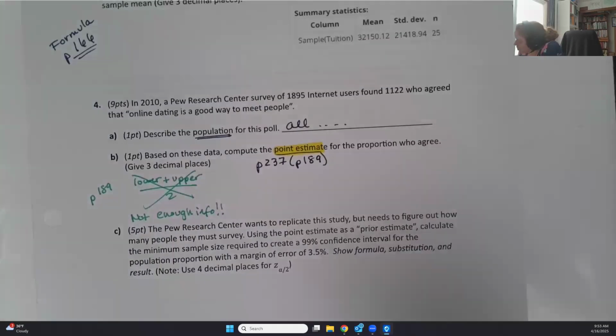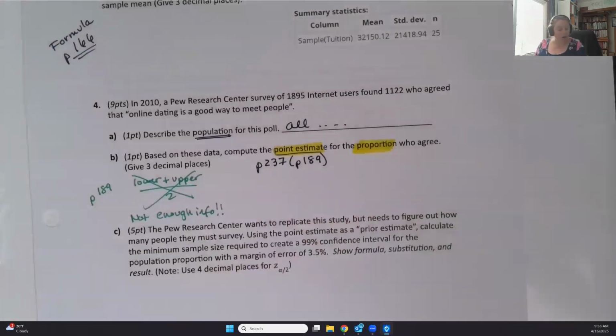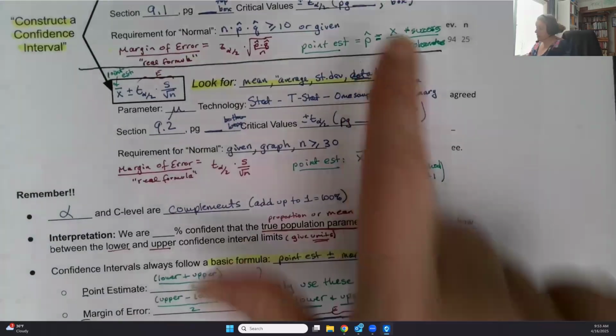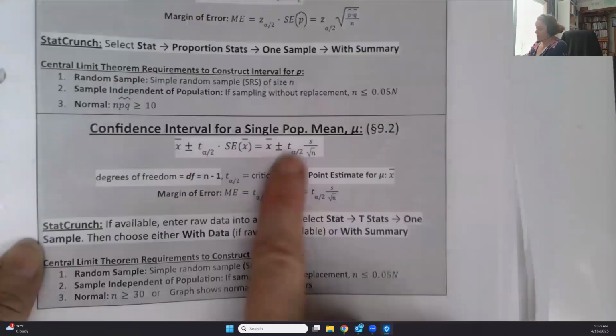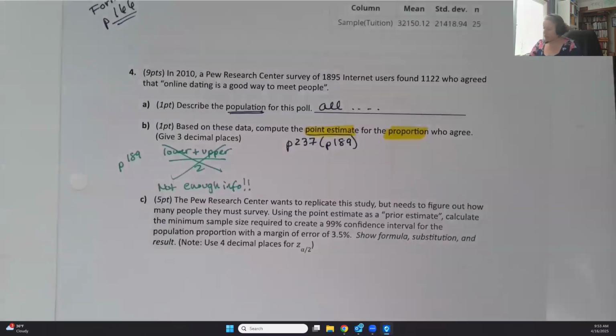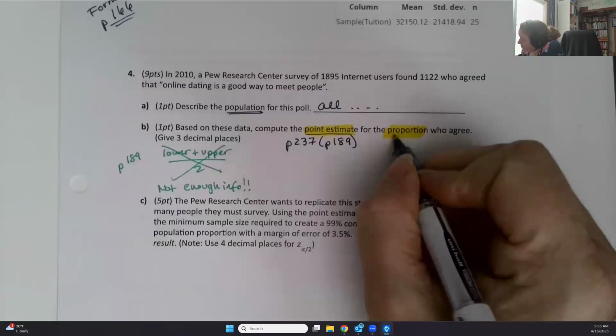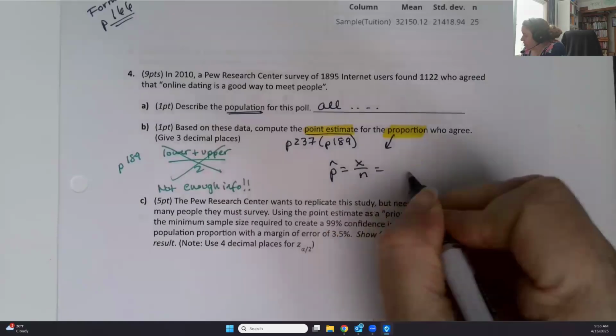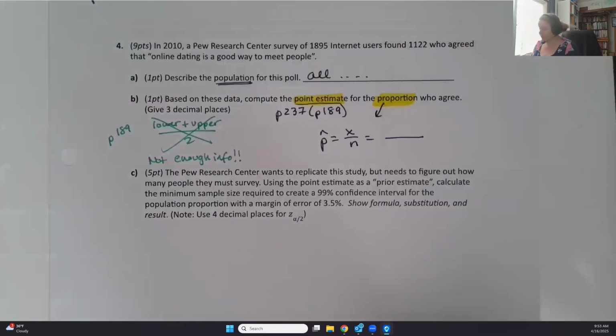because this is for proportion. If it was for a mean, it would be x bar, right? But because it's a proportion, it's p hat, right? For p hat mean, right? Okay, so we would do p hat, which is x over n, and I'm gonna let you guys finish that. Right? But